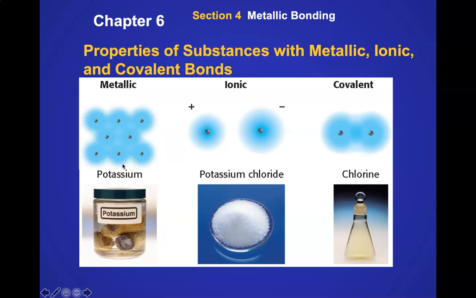And the way that metallic bonds are formed involves what we call a sea of electrons, and we're going to talk a little bit more about what that means. The idea is that there's a bunch of electrons floating around in a metal. A lot of times when we talk about metallic bonding, we're talking transition metals. So think d-level metals. When you get to the d level of our periodic table, the transition metals that run from group 3 all the way up to group 12,